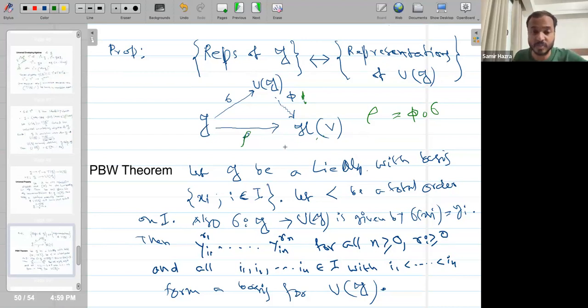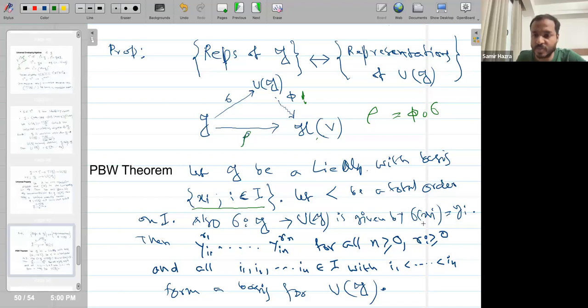And the biggest theorem for universal algebra is the following. It says, if you write a basis, let's say x_i, i belonging to I. Here we are not assuming that the Lie algebra is finite dimensional. So we write a basis, where I is any indexing set, and suppose this I is totally ordered by this symbol. Then